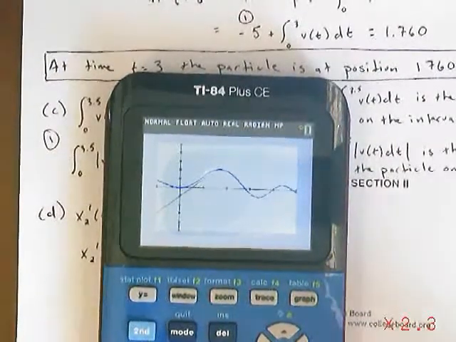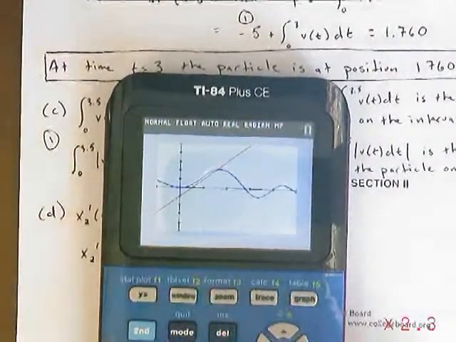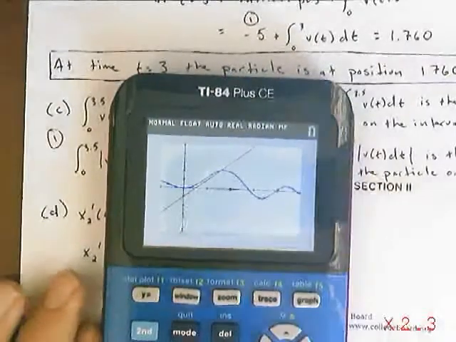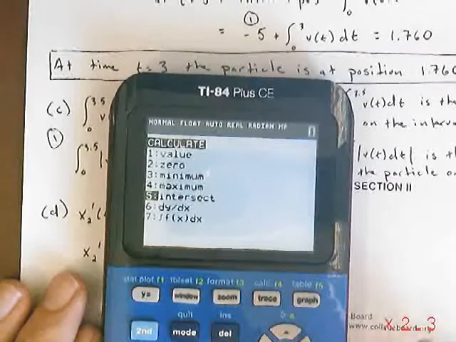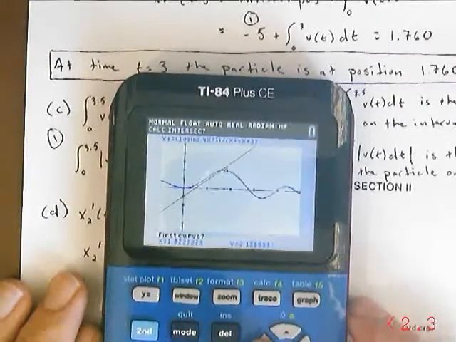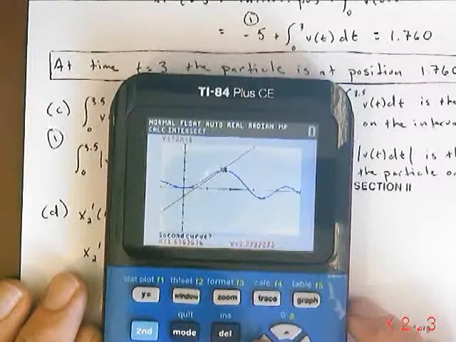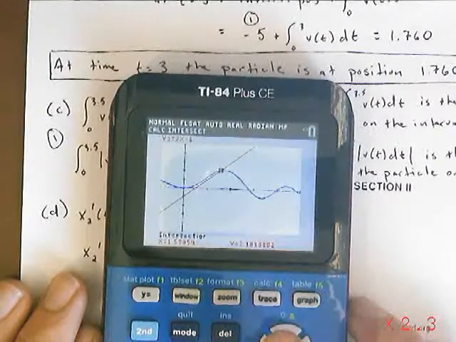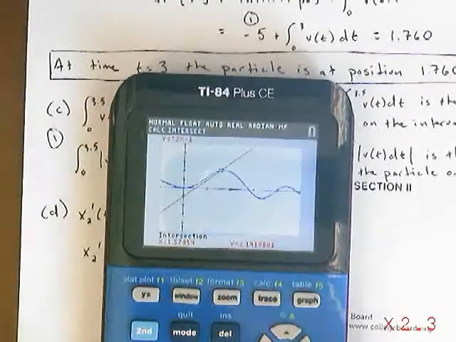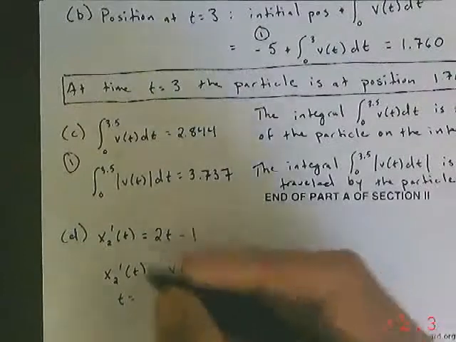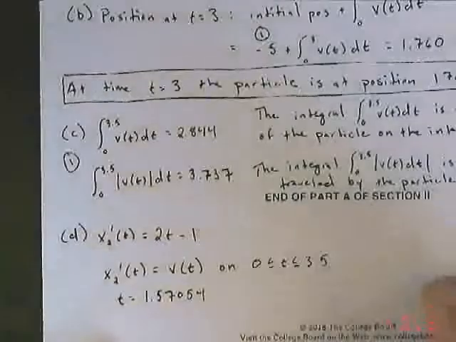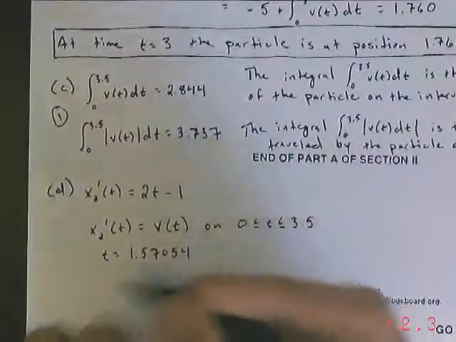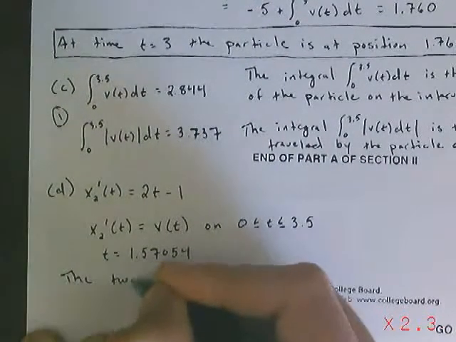Cool looking graph. And we want to know where that red line crosses that blue sine wave. And so we go to second trace. We want an intersection. First curve, second curve, sure. And the intersection is 1.57054. So t equals 1.57054. So our conclusion will be that the two particles